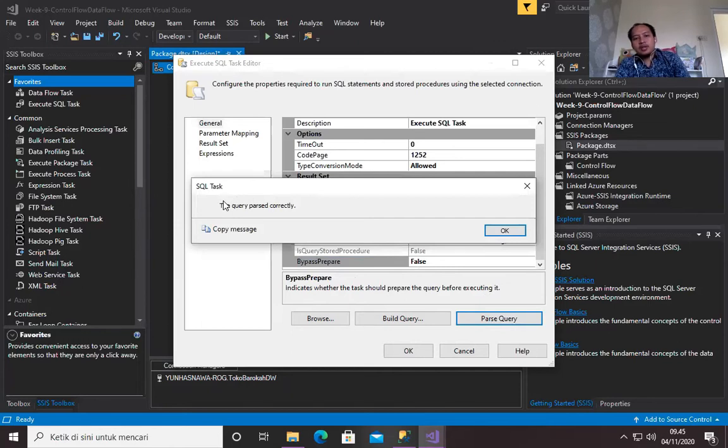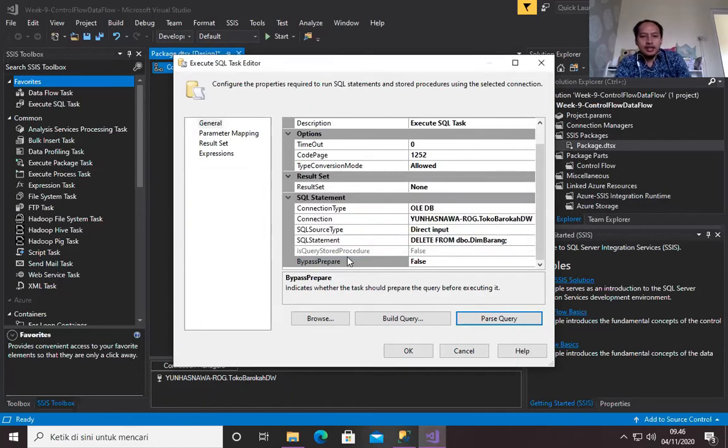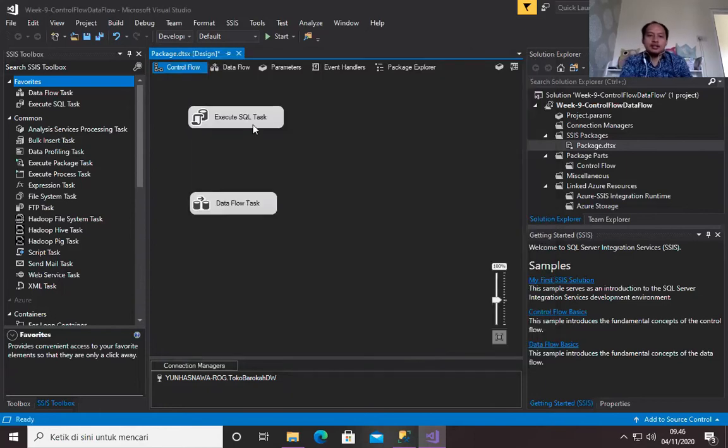Whenever this Parse Query button gives you the result that the query parsed successfully, it means that your SQL statement is correct. Okay, click OK here, and then you just need to click OK. So it is not an error anymore.